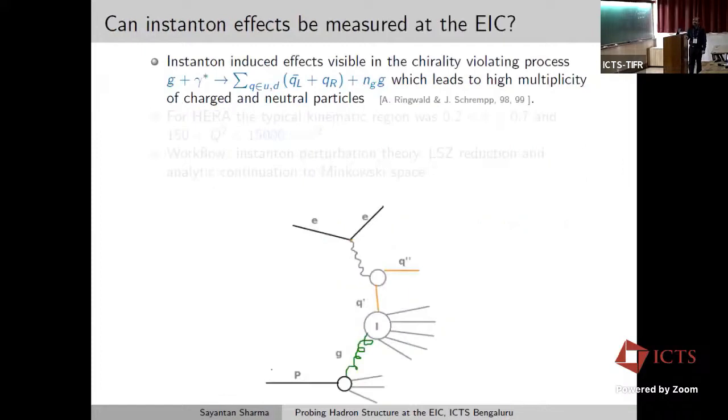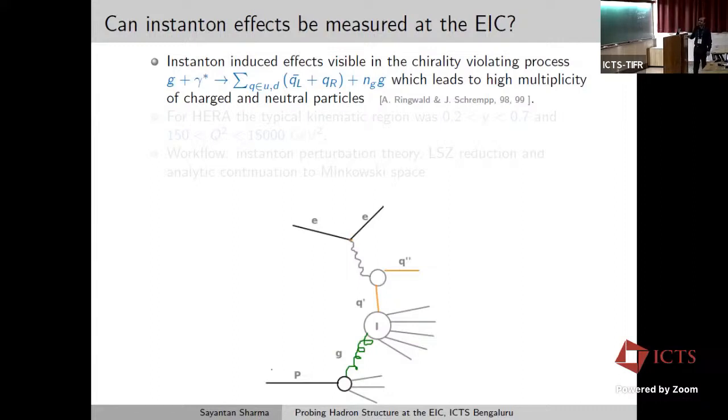So these instanton effects may have interesting consequences for an electron-proton collider. Originally it was discussed in the context of HERA. If one looks at these kind of chirality violating processes where one has an electron hitting a target proton, then there is this virtual gamma which hits a gluon, and then this gluon state can be an instanton state,